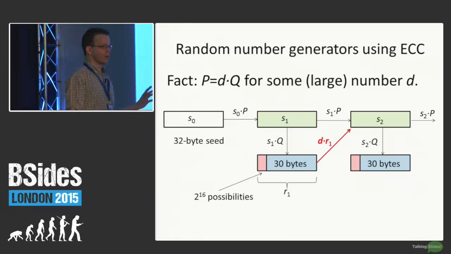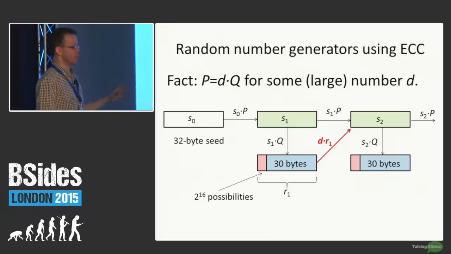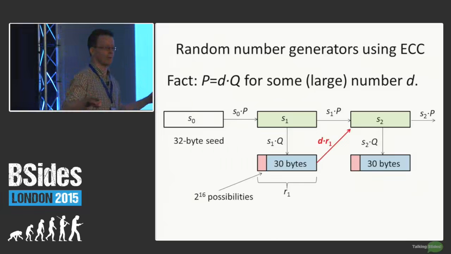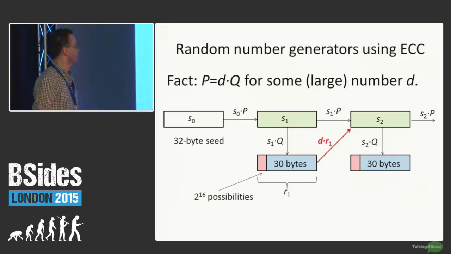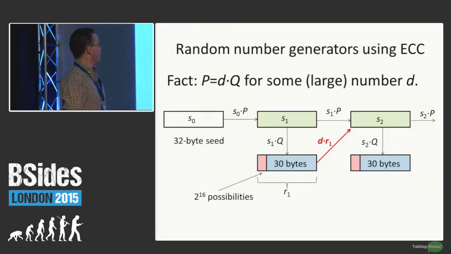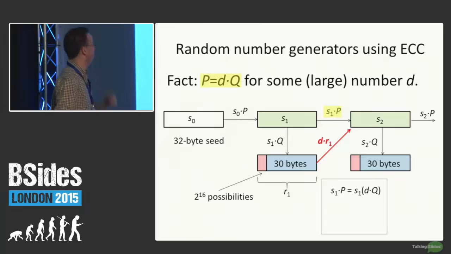Now imagine someone knows this number D. So imagine someone knows the secret number D. Someone somehow had access to it. And again, pointing out you can't compute it. It's impossible to compute. Now, my claim is if you take R1, which is publicly known, and this D, which is secret except to this person or entity, D times R1 is the same as S2. You can believe me that it's true, but I can even show it to you.